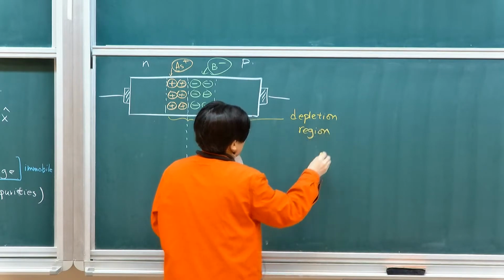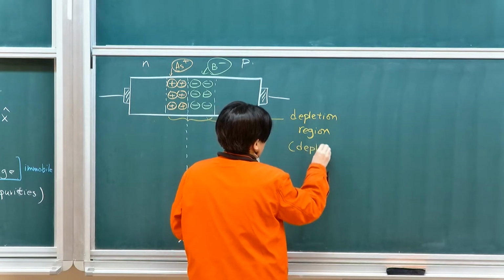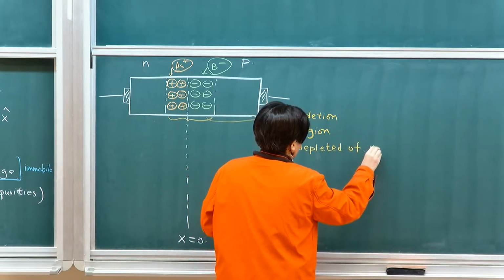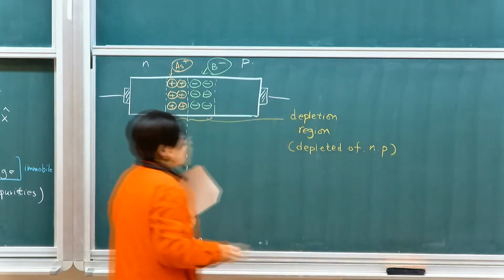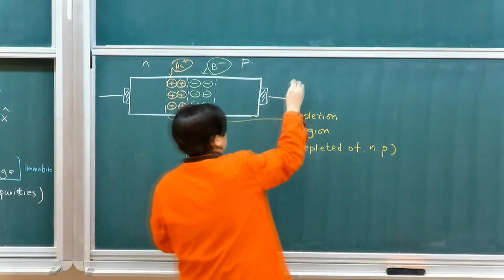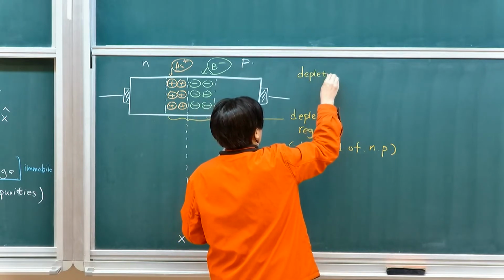The reason why it's called depletion region is because it's depleted of n and p. Some of you might have heard the phrase depletion approximation, meaning that we assume that within this depletion region,